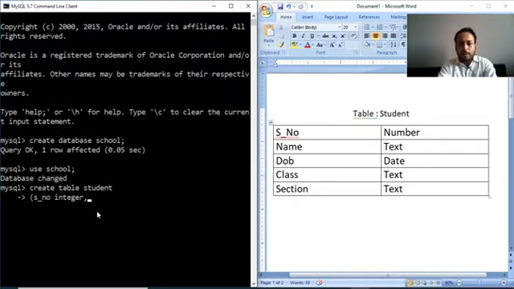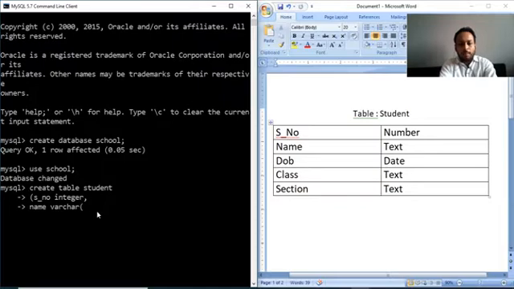You all studied math till 10th class, so you know very well what an integer is. All the negative and positive values without any decimal places are called integers. All the columns are comma separated, so I have placed one comma here, then press enter. The next column is name and its data type is text. In place of text we can write varchar, variable character, and its length 30 characters.